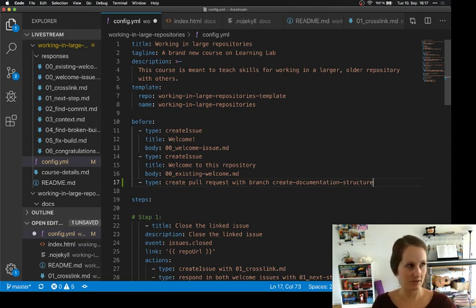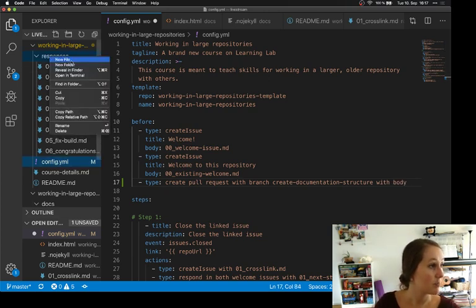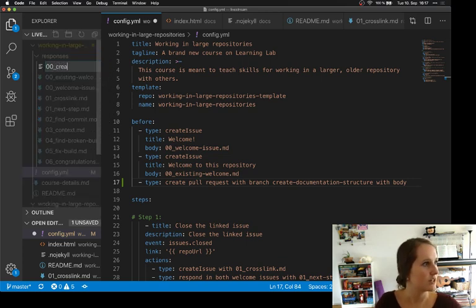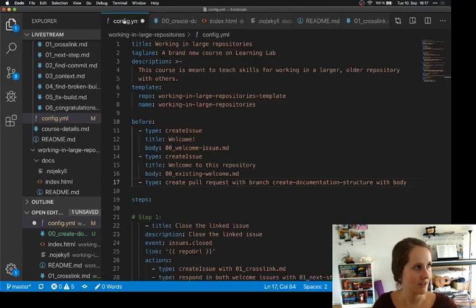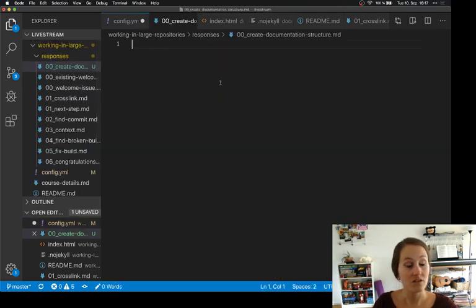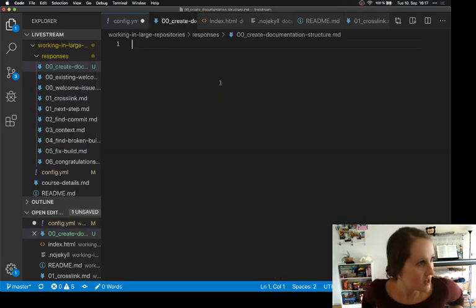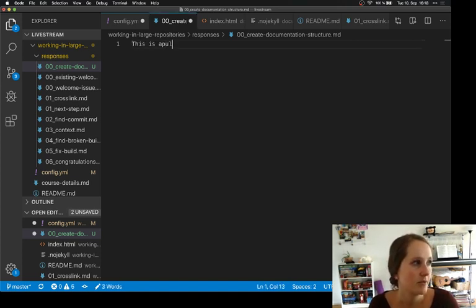So it's going to be with body, and then let's create the body. The body is going to be the content of the pull request. New file 00 create documentation structure.md. I'm doing this right after a German lesson, and so my brain is like, wheels need some oil. Squeaky. And this is just a pull request